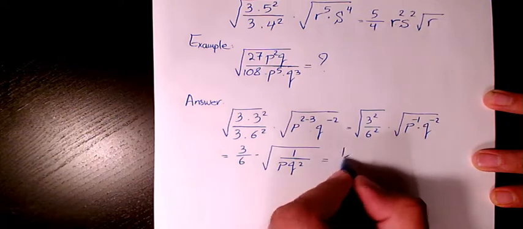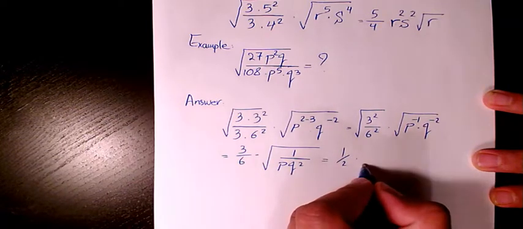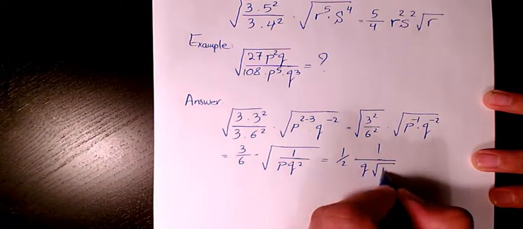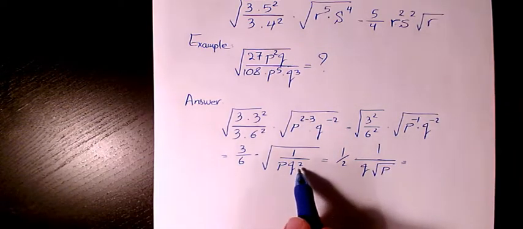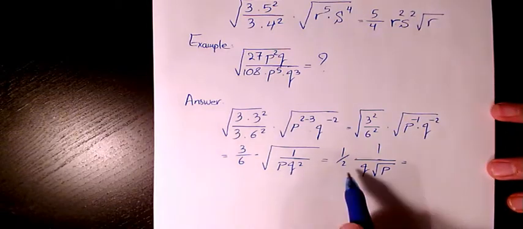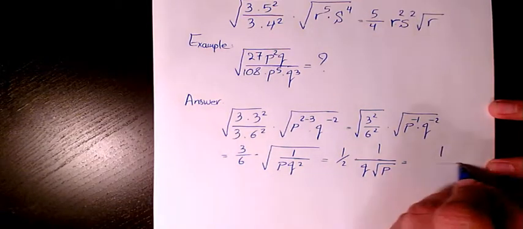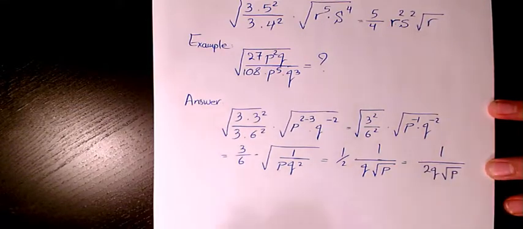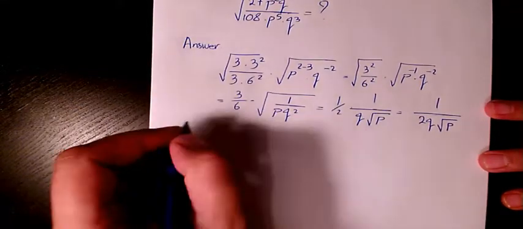Then we simplify it: 1 over 2, 1 over q root p, because the square root of q squared is q, and that's the root p. Or we can write it like that, 1 over 2q root p. That's the final answer. Next example,